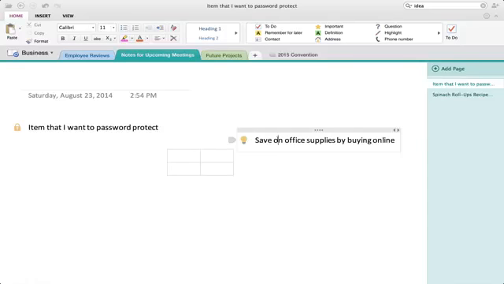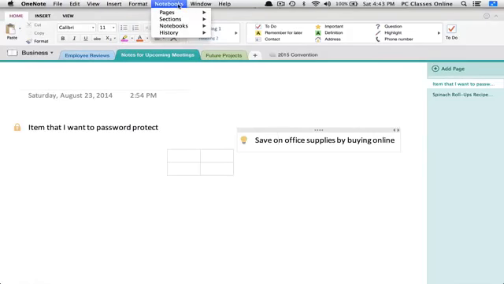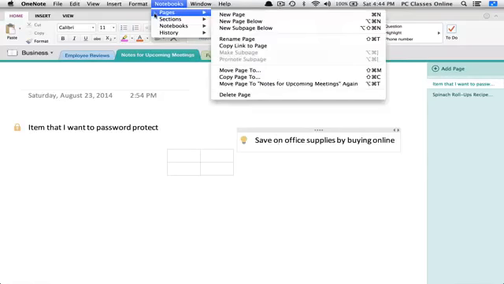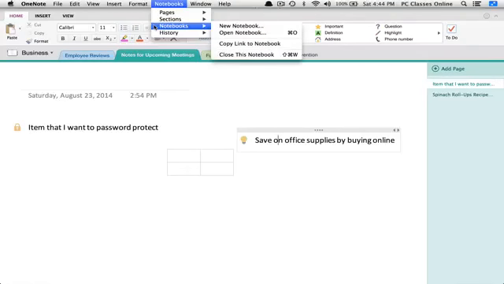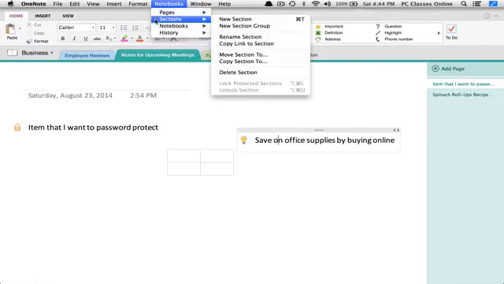So what I could do is click here, go up here to the File menu options, and one of them you'll notice here is Notebooks. And you'll notice here that under Notebooks we have that hierarchy. We have Notebooks, Sections, and Pages. So now, we're right now in a section, and I'm going to copy a link